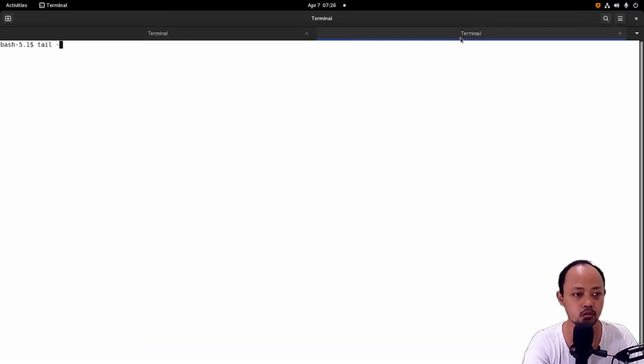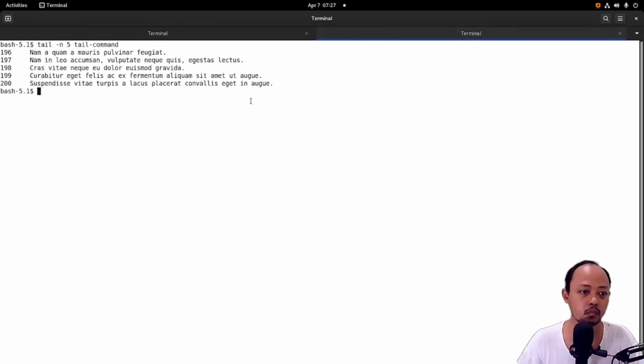Tail -n, I will try 5. So this option will only print the last n lines, in this case the last 5 lines of the file.